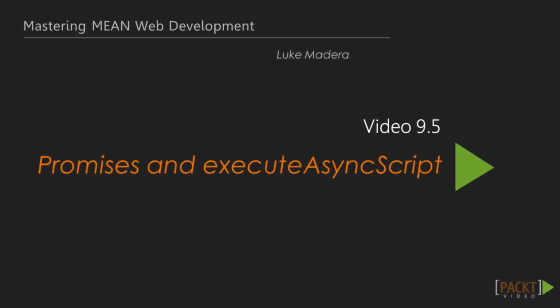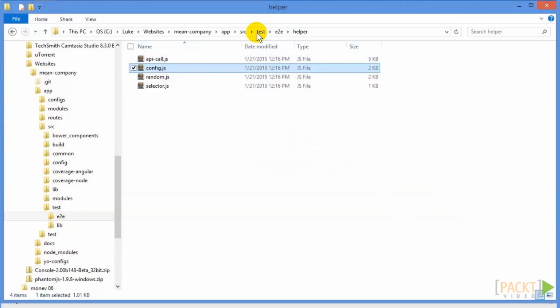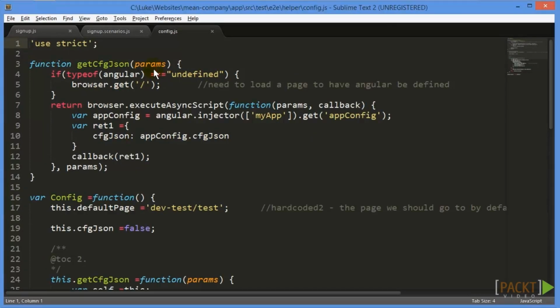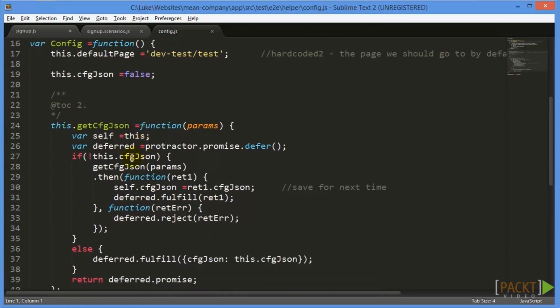In the last video, we ran our end-to-end test with Grunt E2E, and in this video, we are going to go over asynchronous control flow with Protractor. So if we go to our files, you'll notice in the end-to-end helper folder, there's the config.js file, which we looked at a little bit before. And we can see here in the get config JSON file, we have this